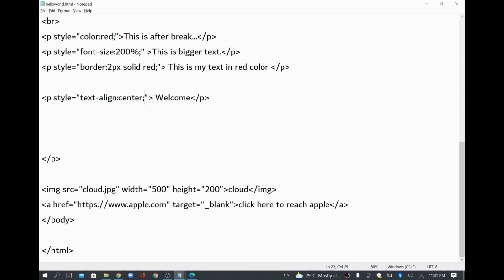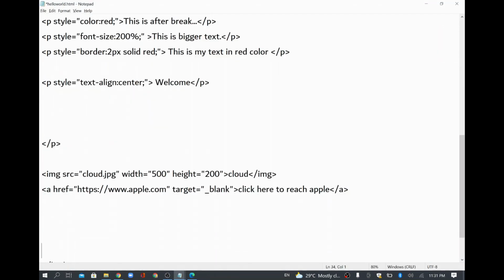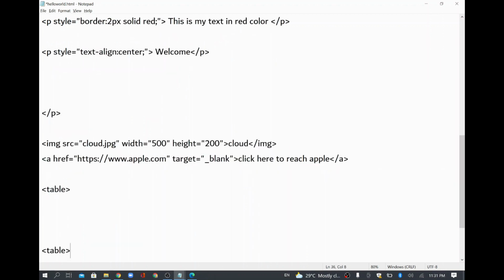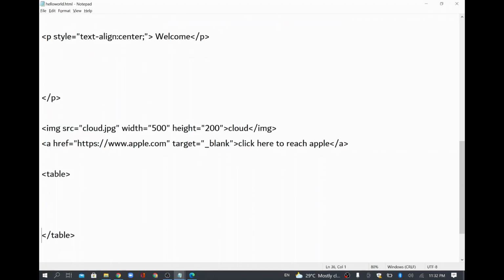So how do you add a table? Inside body, I'll try to add one table. If you wanted to start any table structure, it has to start with table and end with table. So table has to be closed. So this is the table. Now inside the table, I'm going to add 3 rows. Normally rows are tr, which is table row, and I'll just close this one. Any tag which you open has to be closed, and this is one line.